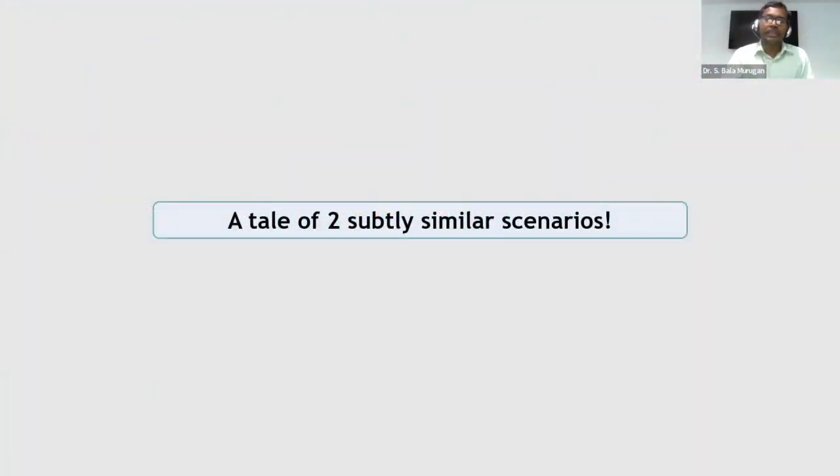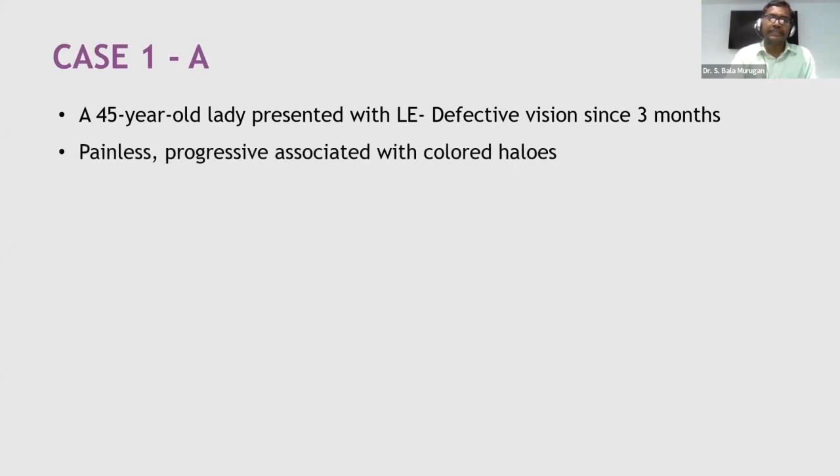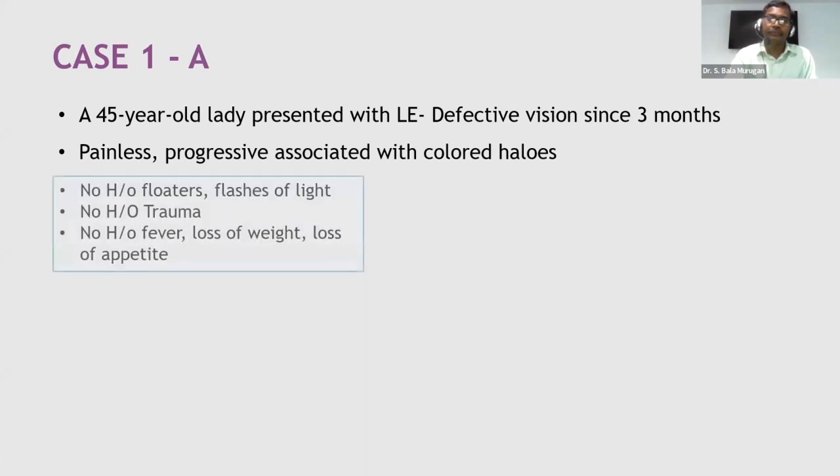So let me start my presentation with a tale of two subtly similar scenarios. Case number one was a 45-year-old lady who presented with left eye defective vision since 3 months. It was painless, progressive, associated with colored halos. There was no history of floaters or flashes of light, no history of trauma, no history of fever, loss of